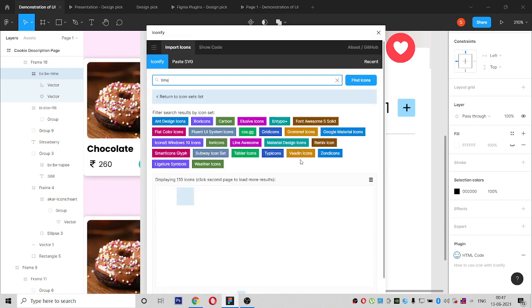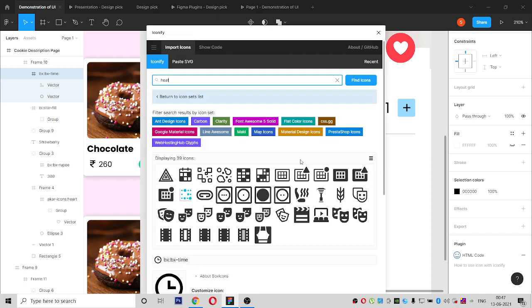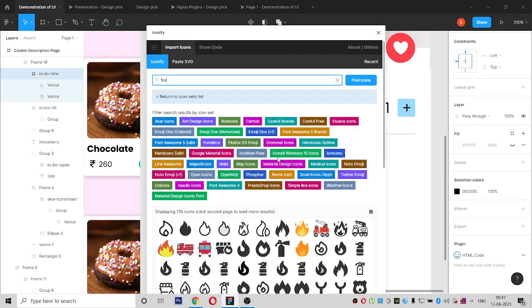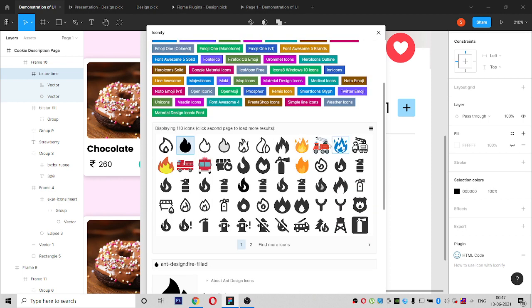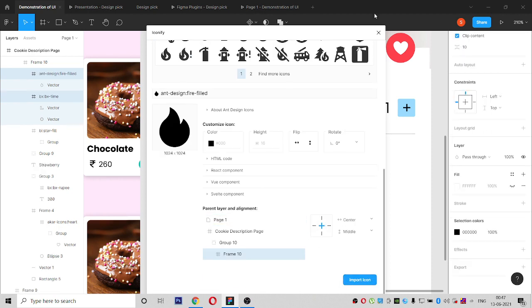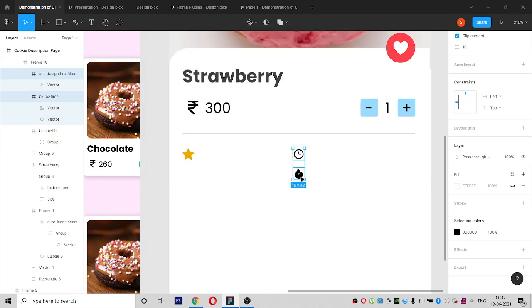Preparation time and heating temperature. Keep minimal icons, don't use colorful icons or this much big icons, and related to the terms that we are using.